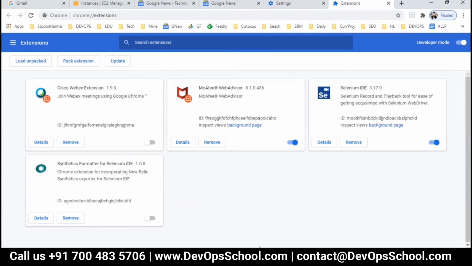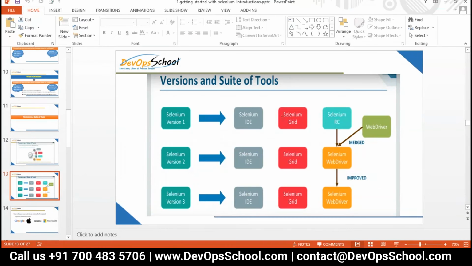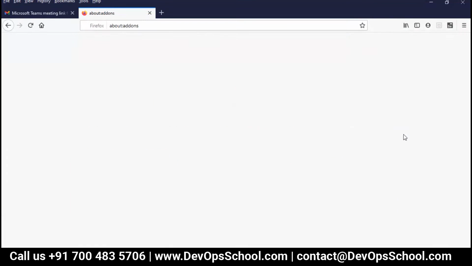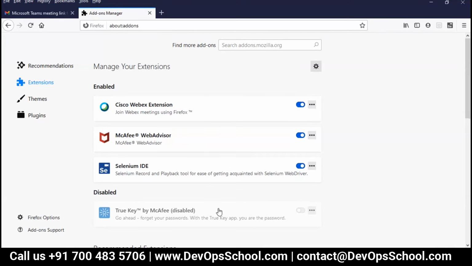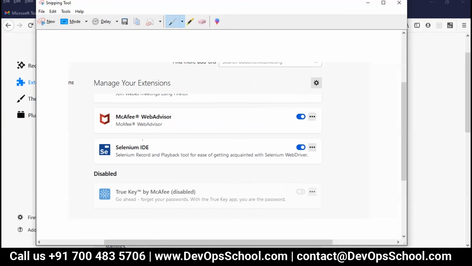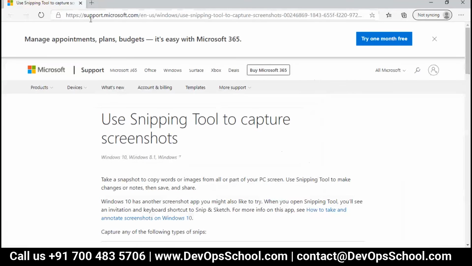Now the next one is Firefox. So let's get it. Here, add-ons, and here you see this plugin is installed also, as an add-on extension, and enabled also. Now let's check this one out. This one is Edge, IE.